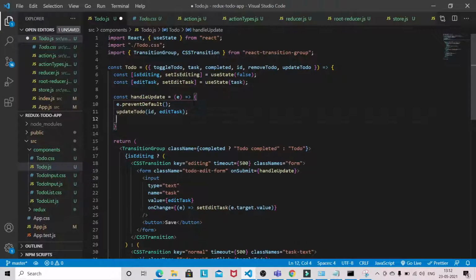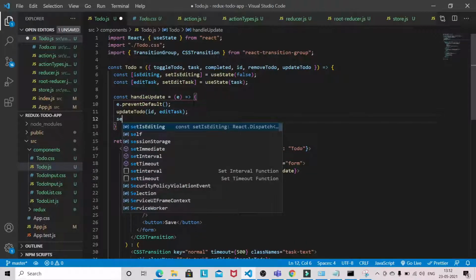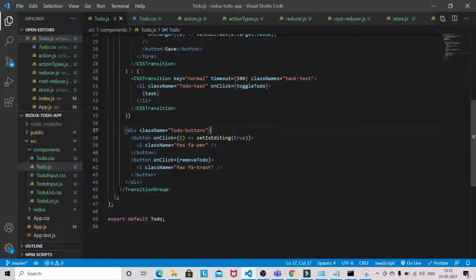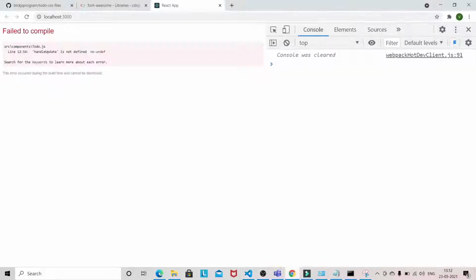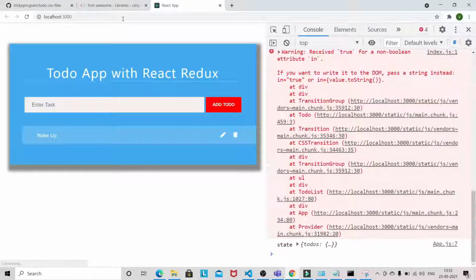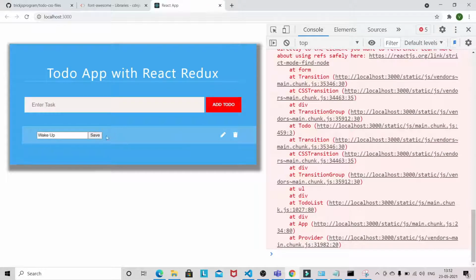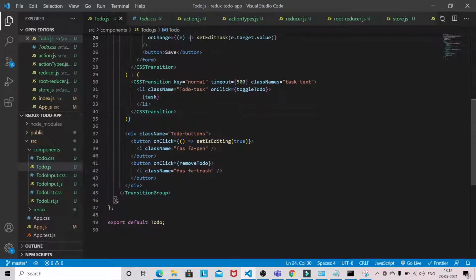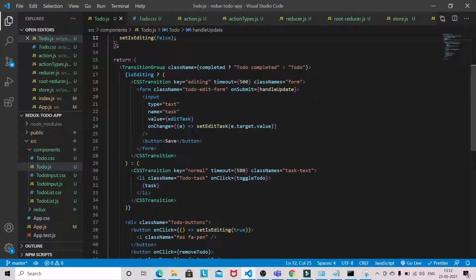So it will be edit task, and mark set is editing to false. Okay, now let's see whether everything is working. So let's edit this. Okay, the styling is not applying. Let me check. So this will be a to-do edit form.